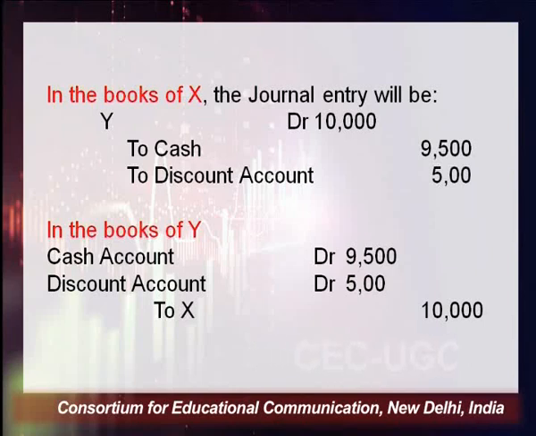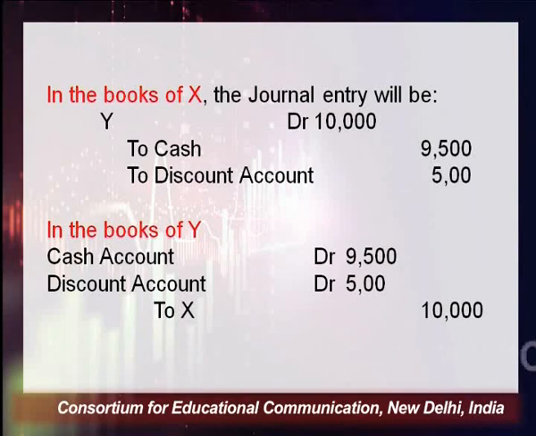And the rule of the nominal account says debit all expenses and losses, credit all income and gains. Because this rule is applicable here, that's why we are crediting discount received, since X received rupees 500 as a cash discount. In the books of Y, if you have to pass this entry, then the entry